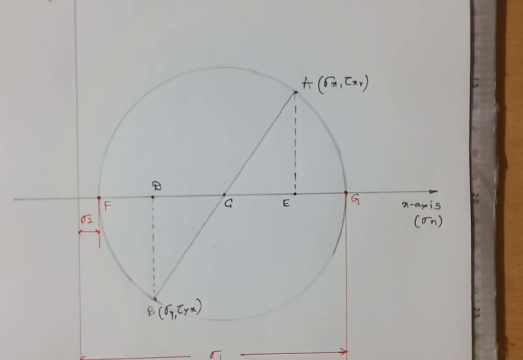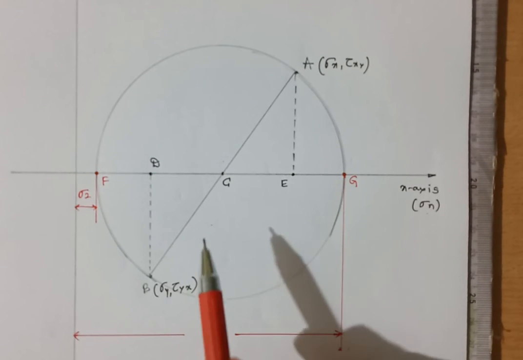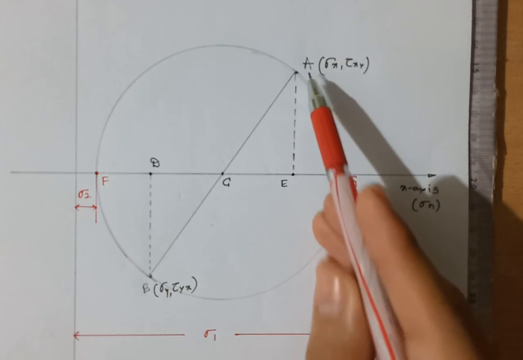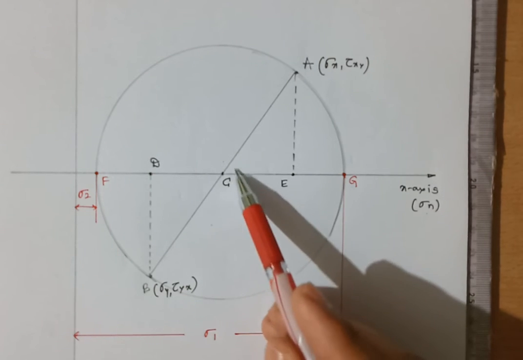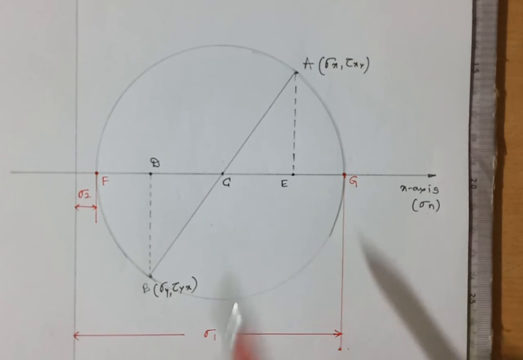But in this Mohr circle, when I have plotted it, the angle between A and B, you can just check out. This angle is 180 degrees. So what I am observing is that if the angle is theta degrees in general in the analytical method, then when you are plotting it on the Mohr circle, it becomes double, right? It becomes 2 theta.